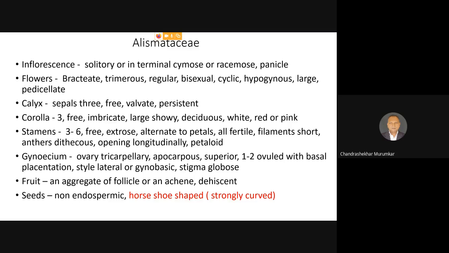And very interestingly, even though many more than 2 ovules are present, they are showing the basal placentation. It is not the axial placentation. And remember, the basal placentation is one of the primitive characters as far as the phylogeny of the angiosperms is concerned, the phylogeny of the monocots is concerned. That is, the primitiveness of the monocot is concerned.